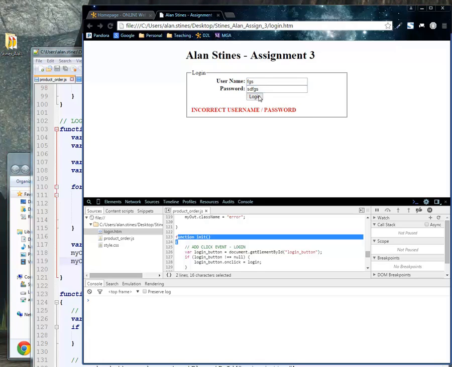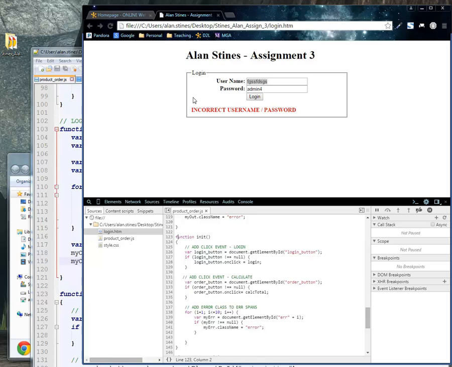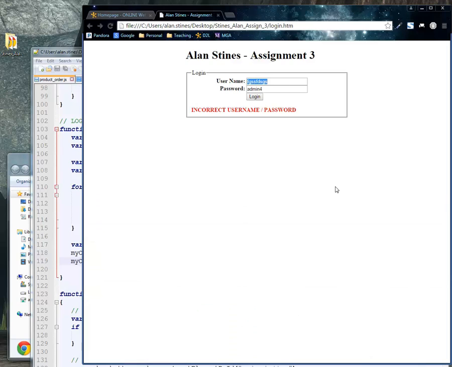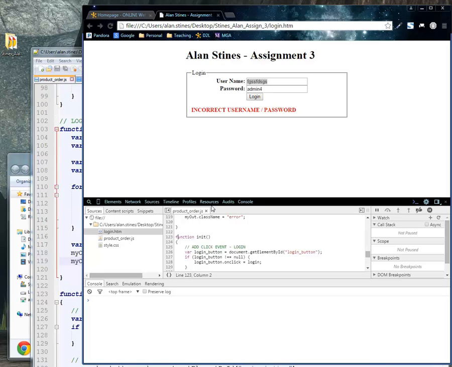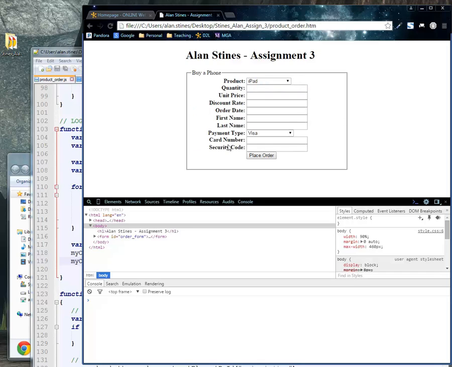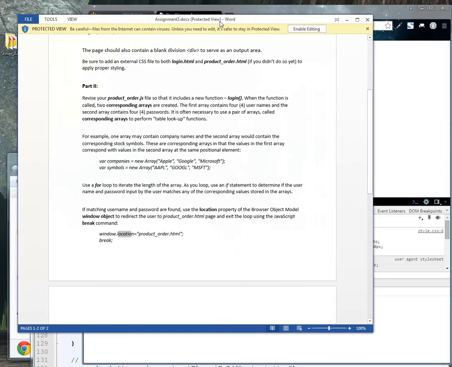And I keep adding stuff in here. It's not going to work until I finally decide I want to use admin and the username. Okay, something weird's going on. Close my thing down, open it back up. Started hitting buttons and got all weird. So this one's going to be admin4, this one's going to be pass4, and this should get me back to my page here. So we've gotten through part 2,